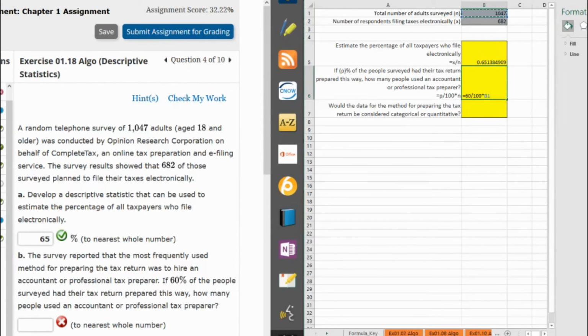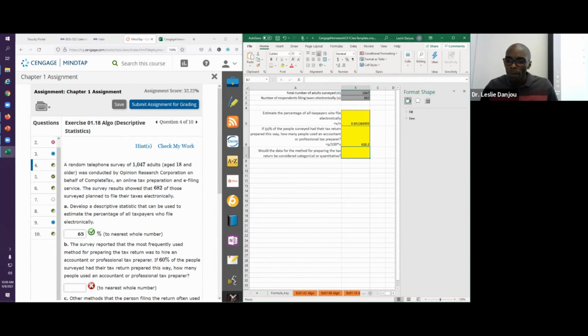And you should be able to get your answer. And they want it to the nearest whole number. Pay attention to these markers right here. If it says to the nearest 2 decimal places or 3 decimal places, plug it in as you see it, to the nearest whole number. So